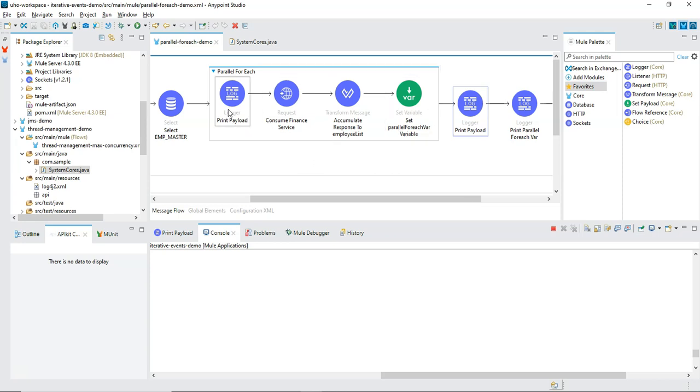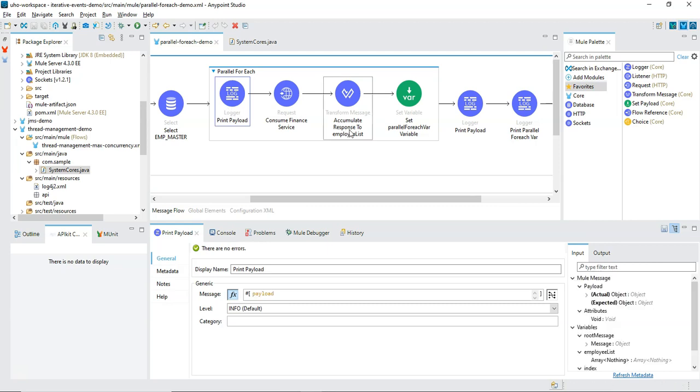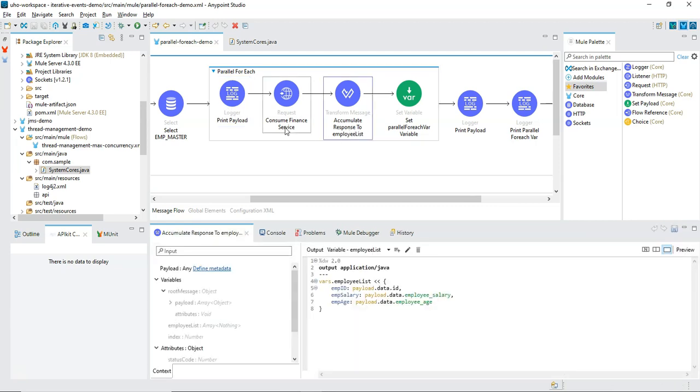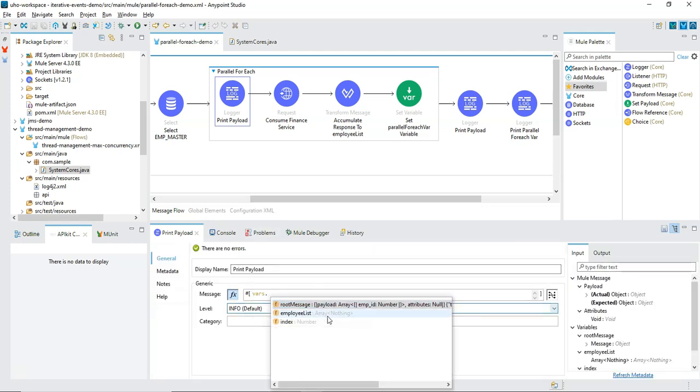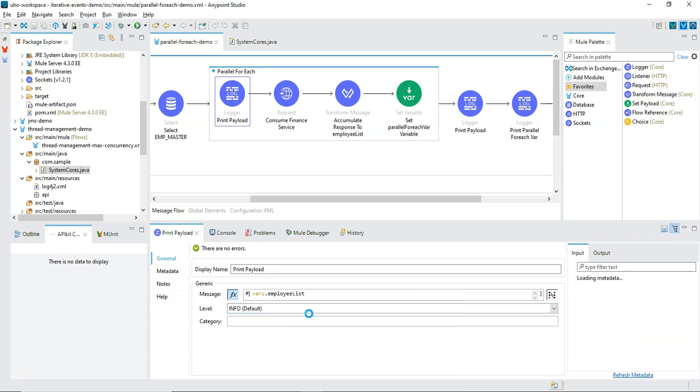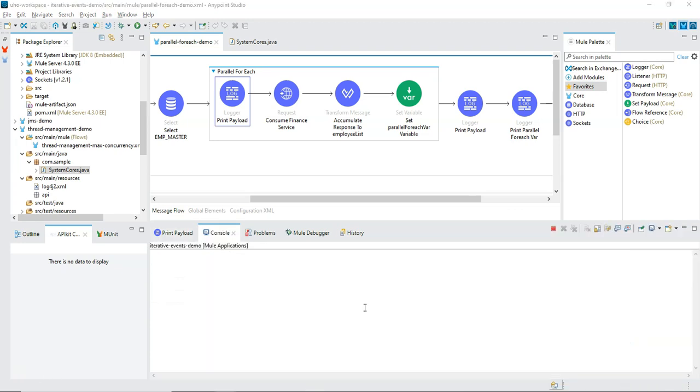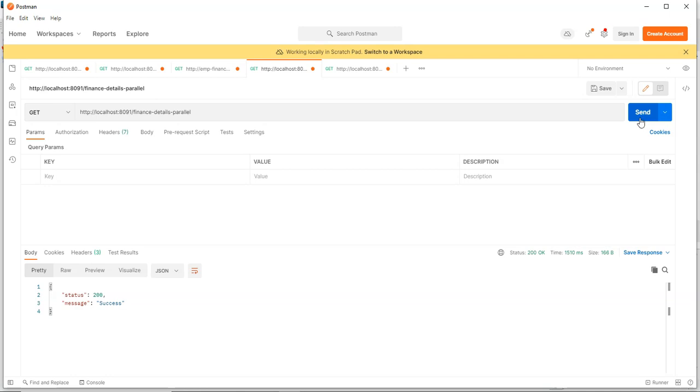Now let me print the accumulated response in the employee list variable here, and let's see how it behaves. The application has redeployed. Now let me make the request again.